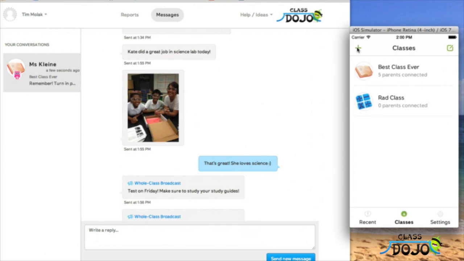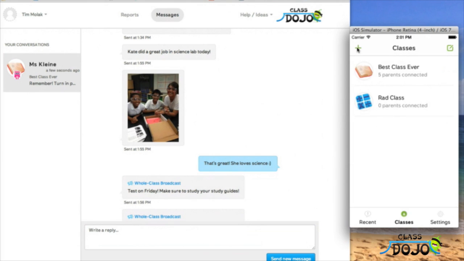So tell me what the options are again here. You can send the message directly to the parent, or you can send the message directly to your class as a whole. Is there the option to send it to the parent and to the student's phone? No, there's no messaging with students at this point. So we're just keeping it between teachers and parents.